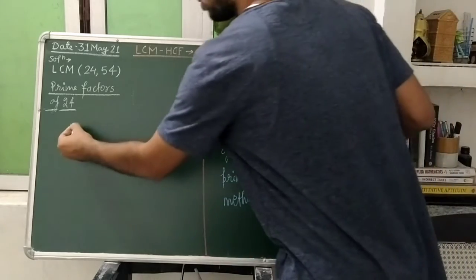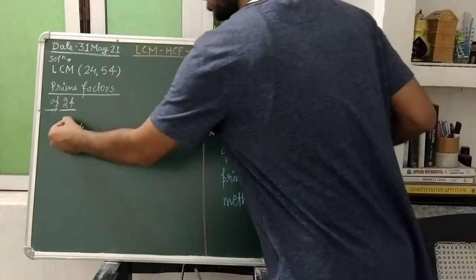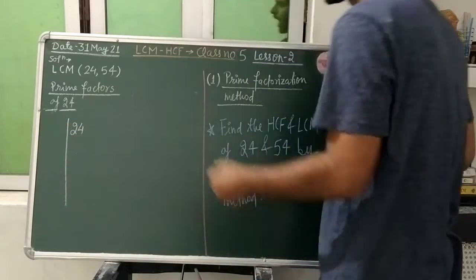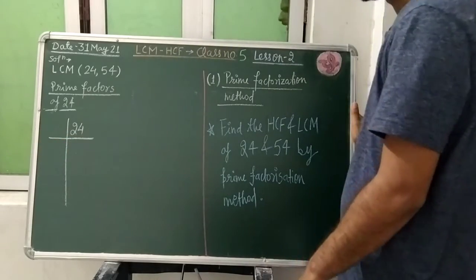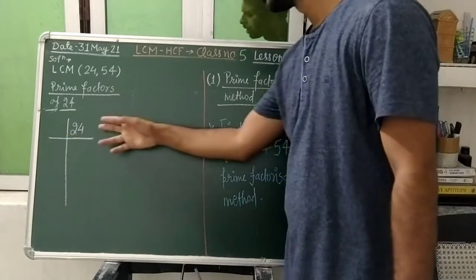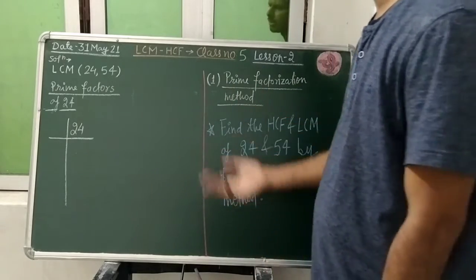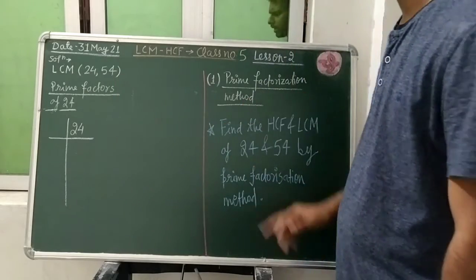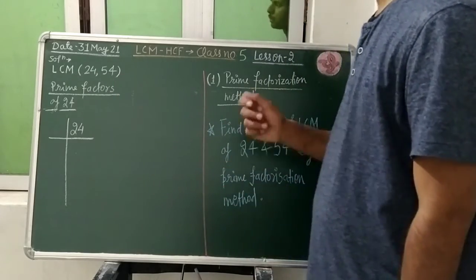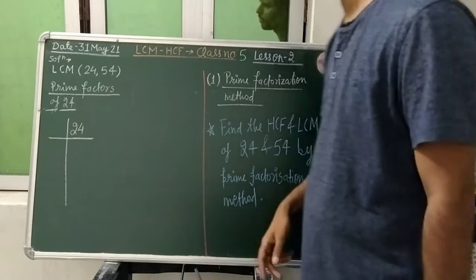So of course we will select the 24 and we will draw a vertical line and we will divide it into the horizontal lines. And for a composite number, I have told one is neither prime nor composite and we are interested in finding out the prime factors. So one we shall not select. We shall start from 2. So whether 2 is going to divide this 24?